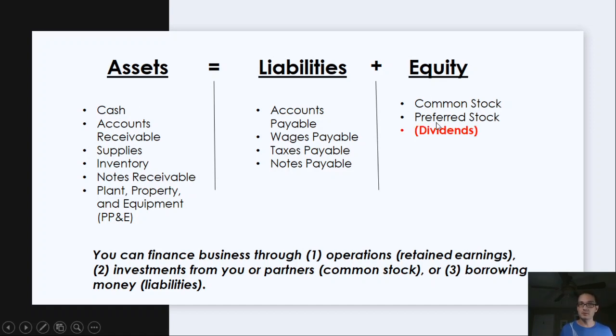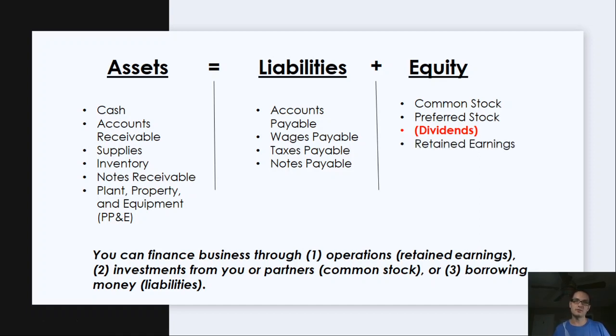And so we have common stock, preferred stock. Preferred stock is still from investors. It's still a way to finance a company, but it has certain rights, which we're going to talk about in our equity section. We have dividends. That's payments from the company to the investors. So you can pay wages to your investors and your employees, but you can also pay dividends to your investors. And so dividends is included in our equity, but it decreases our equity because we're losing equity by paying it